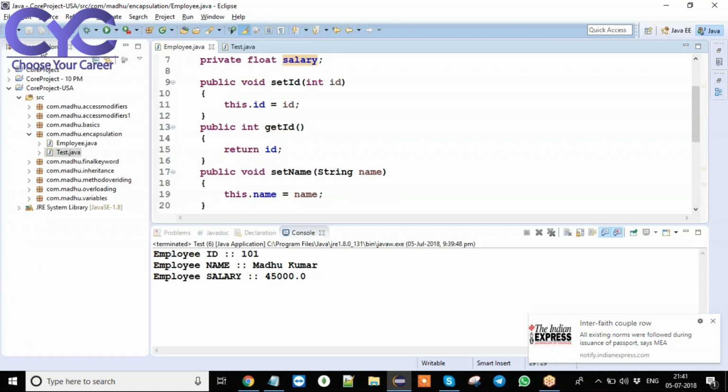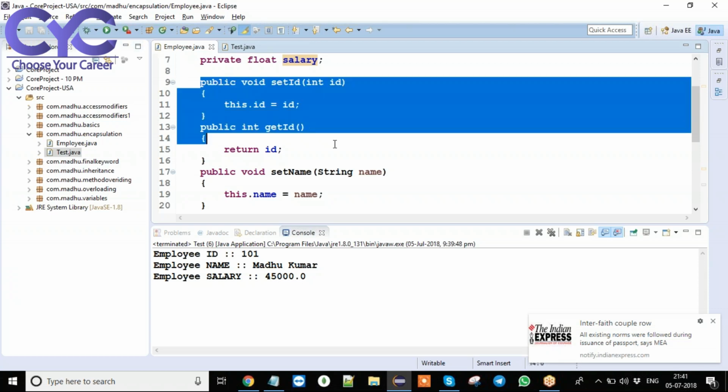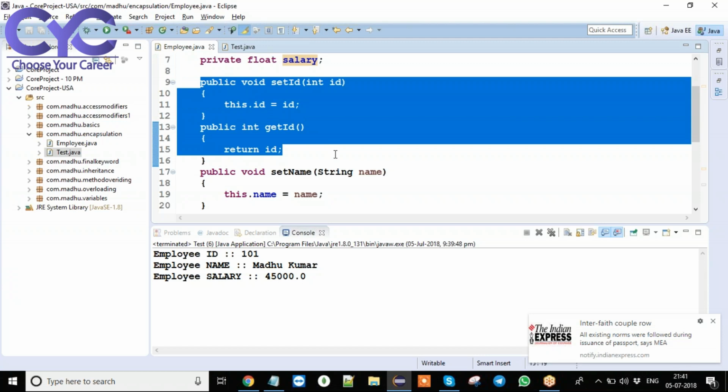I am going to explain one more example in encapsulation. Here we have taken setters and getters, right? So I'll explain in this example how Eclipse is going to generate these setters and getters. Here we are having only 3 variables, that's why we have created them directly, but in a real-time environment we will be getting n number of variables. For those variables we cannot write these setters and getters, we don't want to waste time. So how is Eclipse going to generate these things automatically?